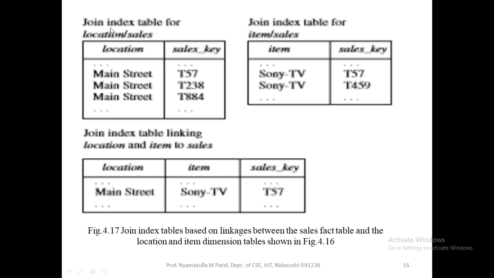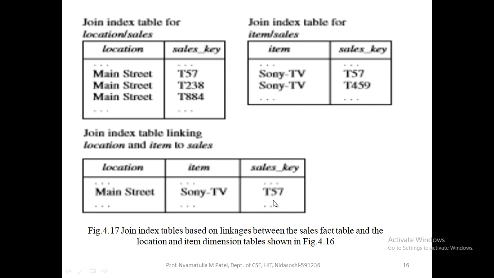Okay, so now here, join index table for location sales: location Main Street, sales keys T57, T238 and T884. Join index table for sales: item Sony TV. So, what are the sales keys? T57 and T49. Now, join index table linking location and item to the sales: location Main Street, item is Sony TV,